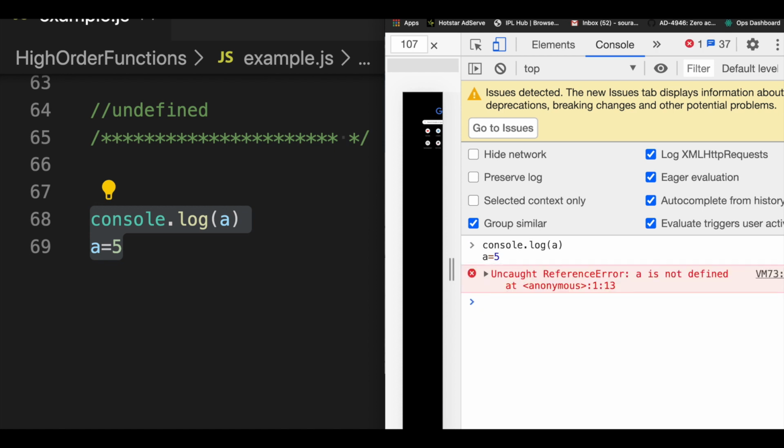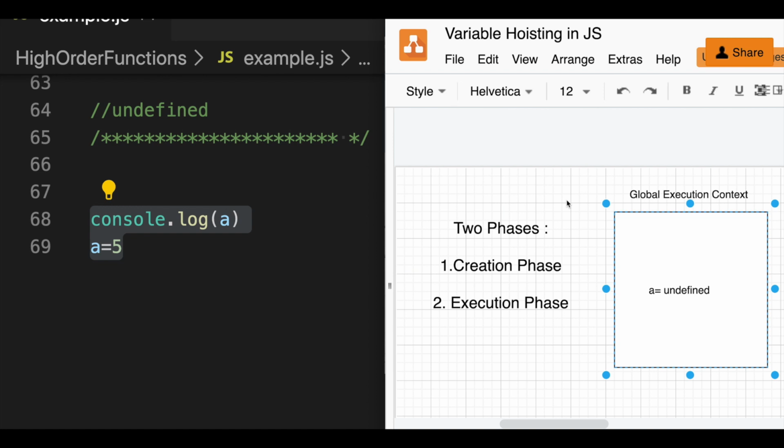So as you see, it throws a reference error. Now, why is it so? We need to understand that I'm trying to print something which does not exist in my memory, that is variable A. So guys, this is how variable hoisting works actually.